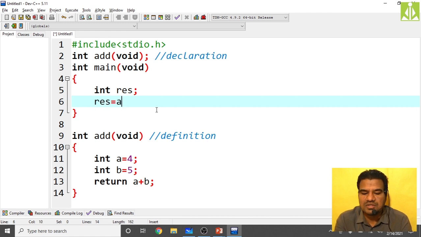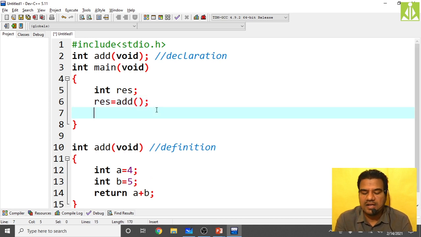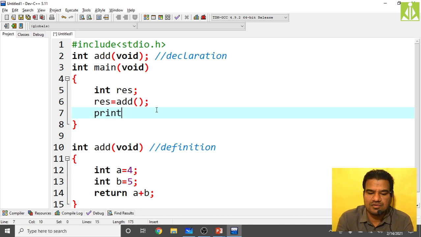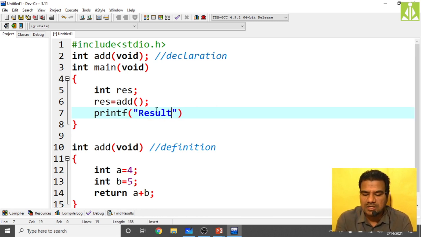So result equals add of, that's it. Finally the result we will receive, so we have to print that result: printf result equals percent d, comma, the result is inside the res variable, so we print that res variable over here. Like this, a simple program.